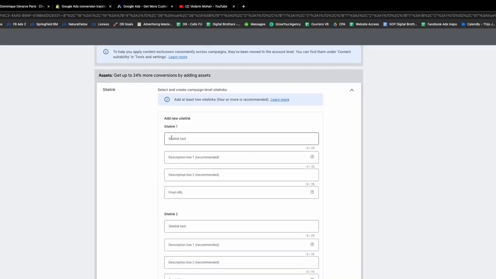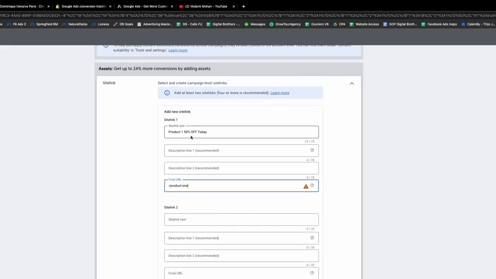different options. So you'll have to put your sitelink text here, which is the call to action, the descriptions, which are always good and recommended because those will be shown on desktop, and here you can put your landing page link, right? So bear in mind that it has to be, of course, on the same domain name. But let's say I want to advertise product 1 here. I just put product 1, 50% off today to make it compelling. You can put a description of the product 1 here, and then here you put your link, product 1, for